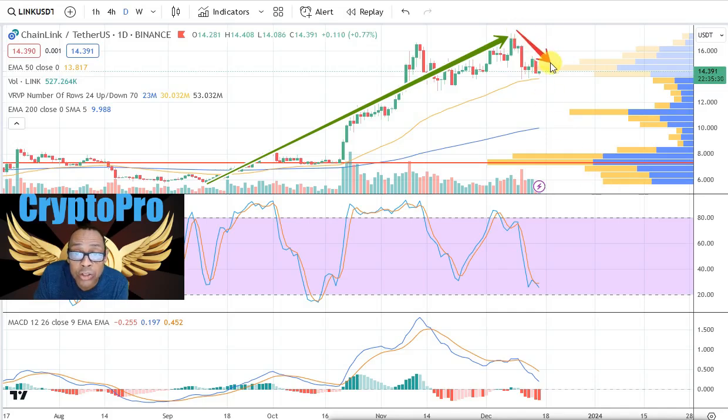And now we are just testing out this 50 EMA line. We touched it once. We touched it twice. Will we get the three times a lady? I don't know. We'll have to see. But we do have a bearish crossover of the stochastic oscillators after a fake out. Look at this. As the fast line just barely touched the slow line, it glanced right back off, and now